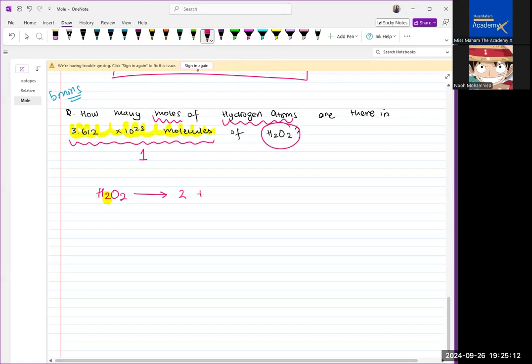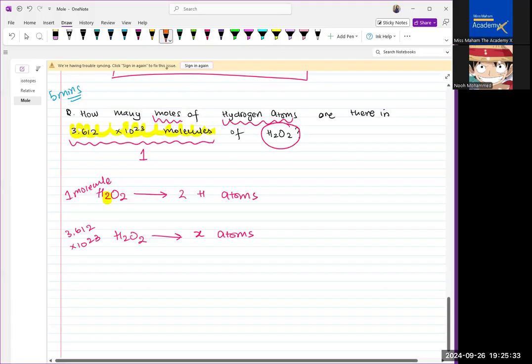Exactly, two hydrogen atoms in one molecule. So in 3.612 into 10 to the power 23 molecules of H2O2, you should have X hydrogen atoms, right? And to find out this X, you will cross multiply. So X equals 2 into